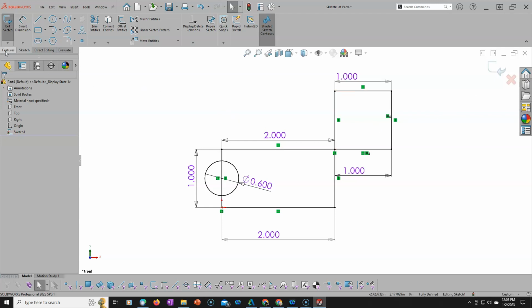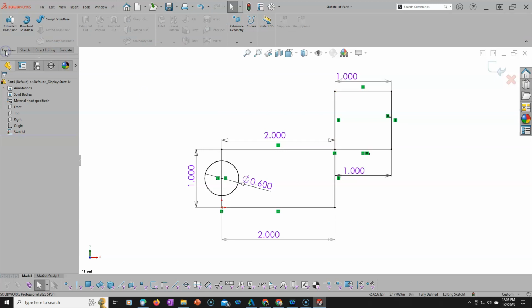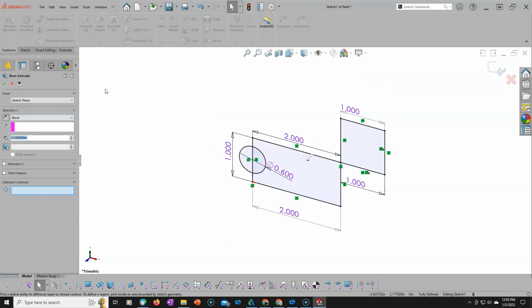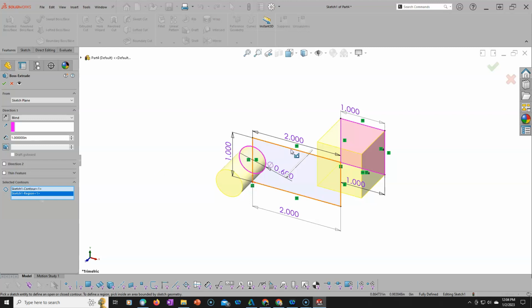All right, one more mention with the contour and region. We're ready to make a solid. I now have multiple contours, multiple regions. I could trim these out to exactly what I want, but I haven't trimmed regularly in quite a while, so we're just going to make it 1 inch, and the blue box highlights. If it was just one box, it would show me the preview. It wouldn't even ask me contours and regions. So I have region, region, region, region, since I didn't overlap those. And then I have a contour, which shows up as sketch contour 1 and sketch region 1. These will create 2 separate bodies. If I pick the last one,